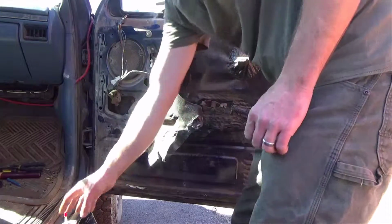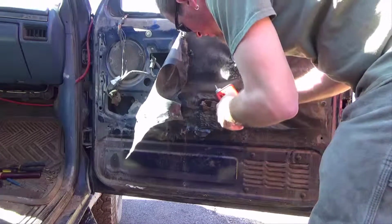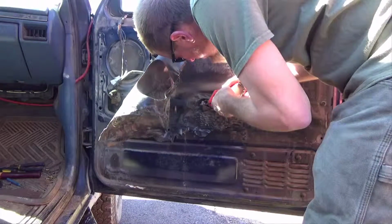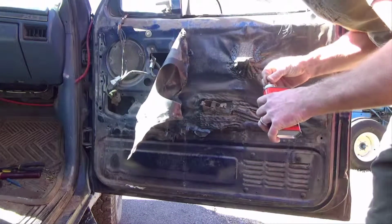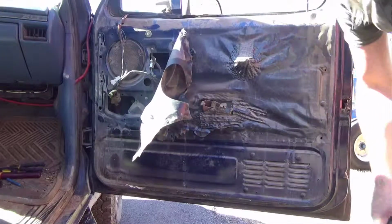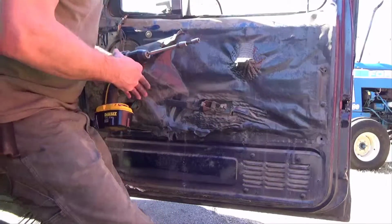I forgot, it's been a while since I've done this, that this plastic has got to come off to get the motor out. Just going to put a dab of Kroil on that bolt there, because we've got to take the handle off to get the plastic off without ripping it too awful bad. After you let the penetrating oil sit for a little bit,